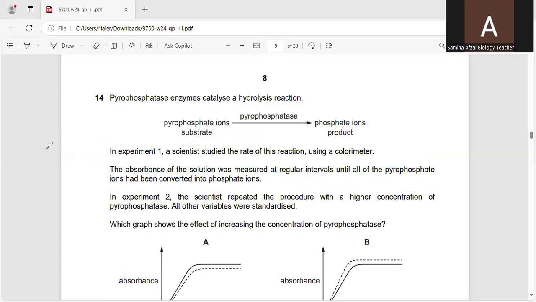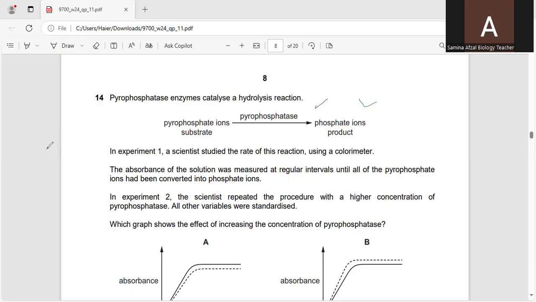Pyrophosphatase enzymes catalyze a hydrolysis reaction: pyrophosphate ions, with the pyrophosphatase enzyme, form phosphate ions as the product. In experiment 1, a scientist studied the rate of this reaction using a colorimeter. The absorbance of the solution was measured at regular intervals until all of the pyrophosphate ions had been converted into phosphate ions. In experiment 2, the scientists repeated the procedure with a higher concentration of